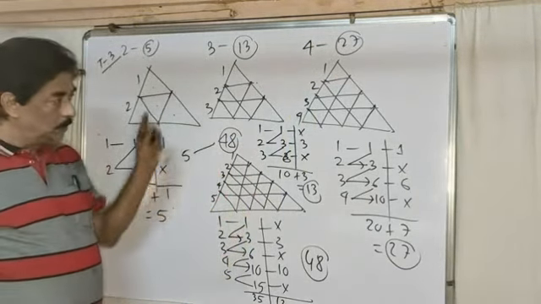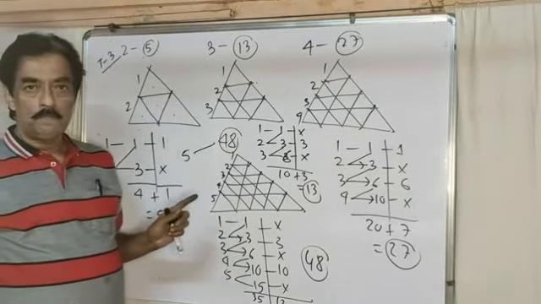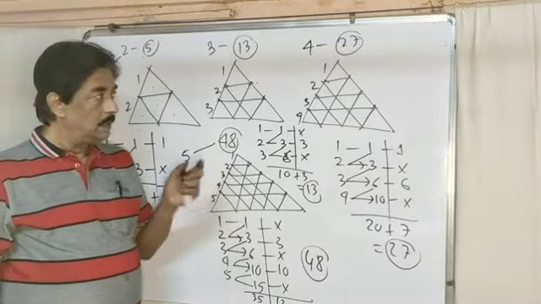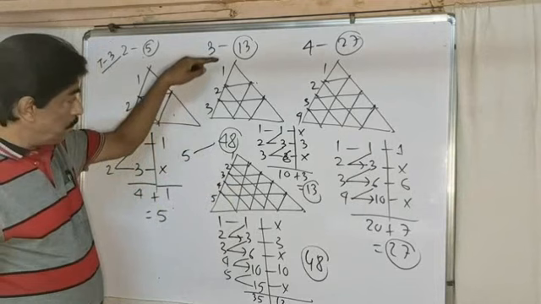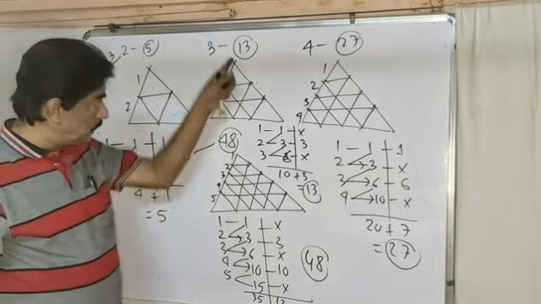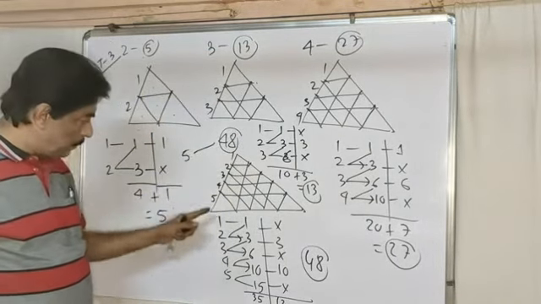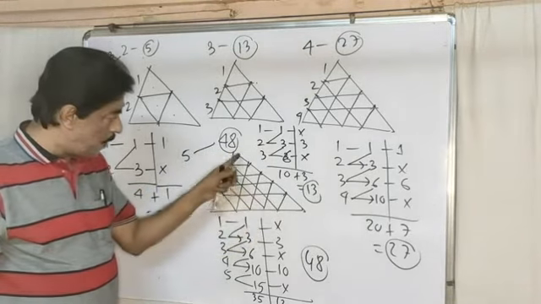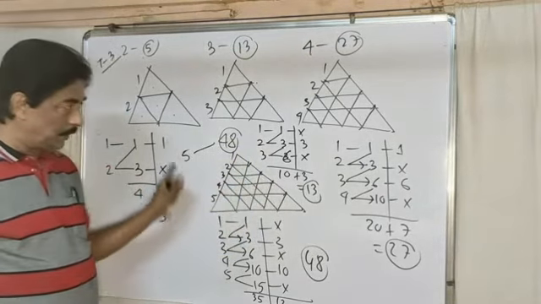Most important rule to find out the number of triangles when they are giving the figure: only remember the parts 1, 2, 3, 1, 2, 3, 1, 2, 3. 1, 2, 3, 4, 5, 1, 2, 3, 4, 5, 1, 2, 3, 4, 5. Then only you can use the rule.